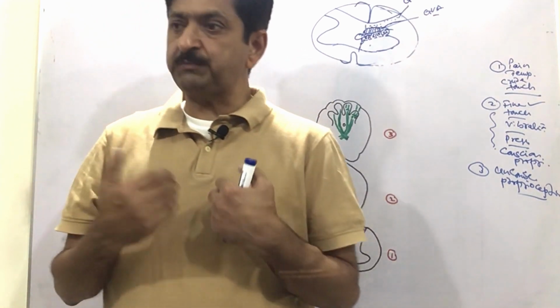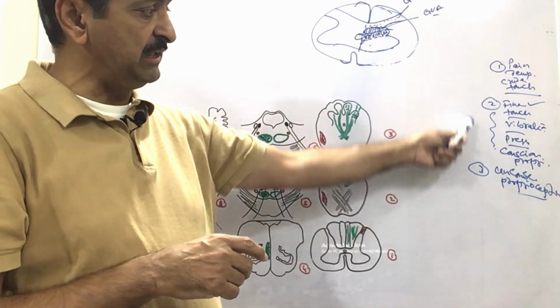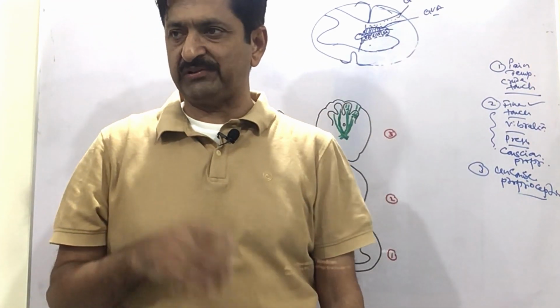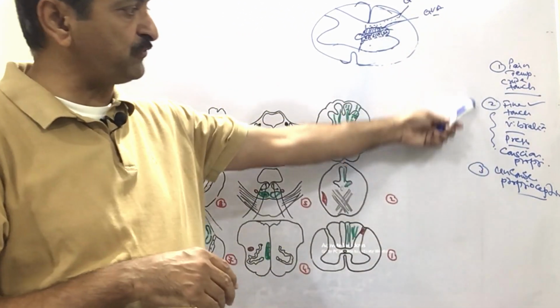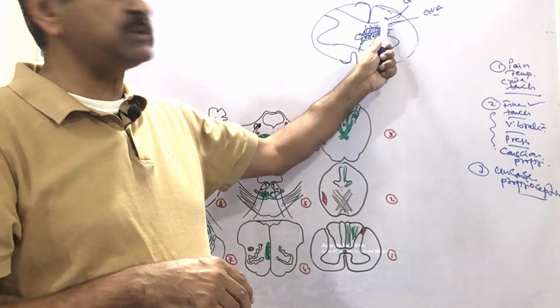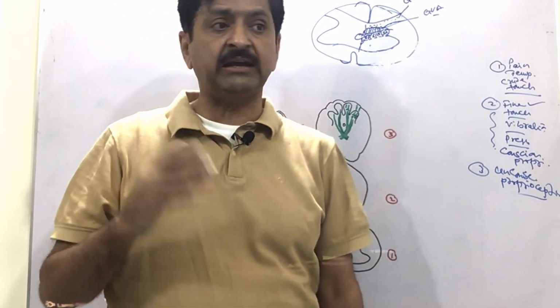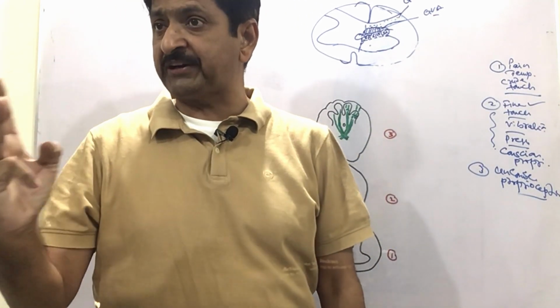How this will be transmitted we will see when we trace the tract. These are three different types of sensory modalities, and when they enter here, the general somatic area is waiting for them. But because they are three different types, projected via three different types of tracts,